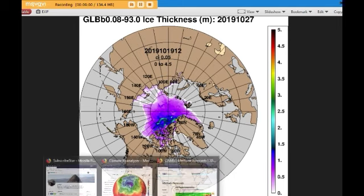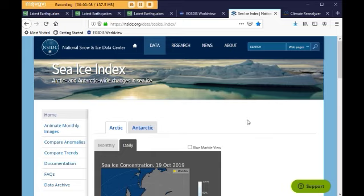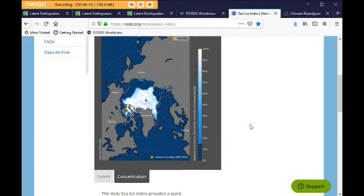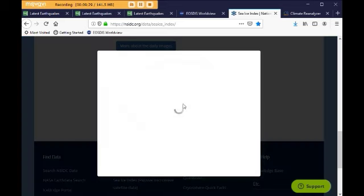Next, I want to show, I'm gonna stick with the Arctic while we're here. I have the National Snow and Ice Data Center website pulled up. Here's the sea ice concentration from yesterday. We see that it correlates to what we saw from the NASA Worldview. Now, here's their graph for the extent,